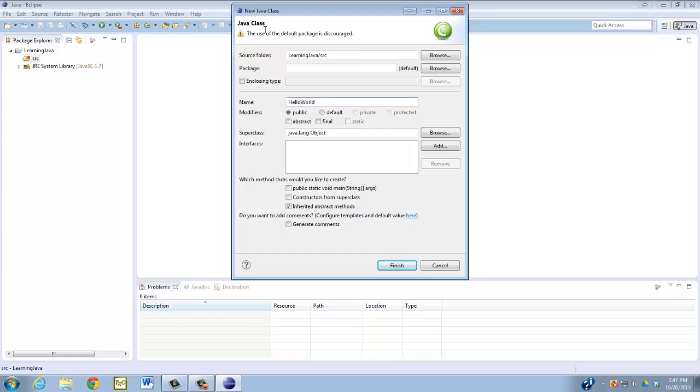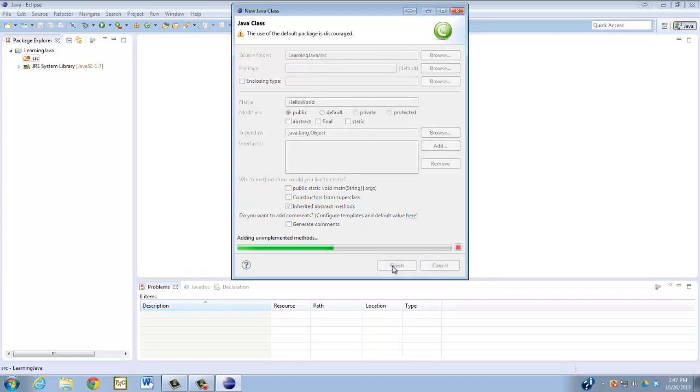and understand each other. You will get this little yellow warning that says the use of the default package is discouraged. You'll learn what that means eventually, but it doesn't matter, so just ignore it. So you're going to hit finish, and now